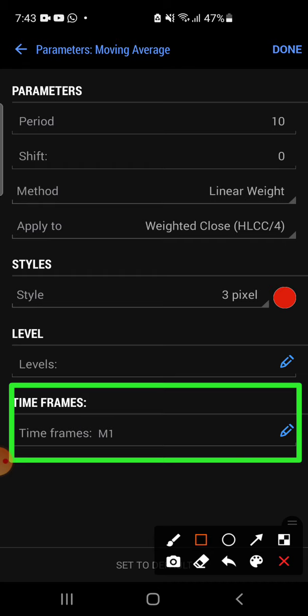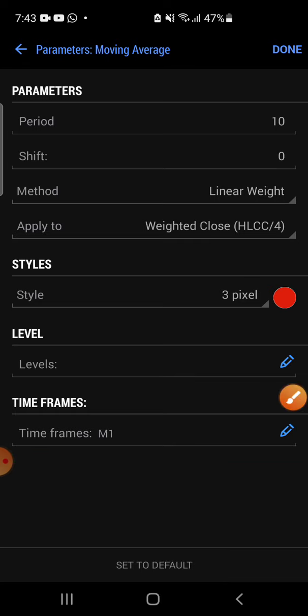For instance, if you have a lot of indicators that you are using on the 1 minute time frame, on window 1, window 2, the main chart, everywhere, and you want to check the trend on a higher time frame, those indicators will be confusing. It will make your chart look dirty, and that's why this particular tool right here will help you. If you are using an indicator on only the 1 minute time frame,